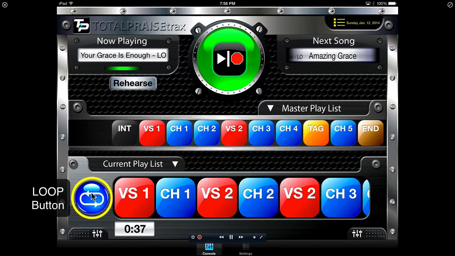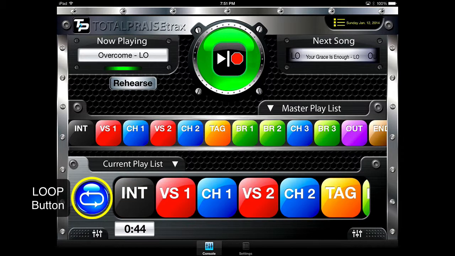Next, let's look at the Loop button. This button allows you to loop any section at any time during performance. What is unique about our looping function is that unlike other programs that are out there currently, with ours, you do not need to count off or count into any measure in order to ensure the looping function operates exactly when you want it to. Simply press the loop button at any time during your current section, and it will perform flawlessly.